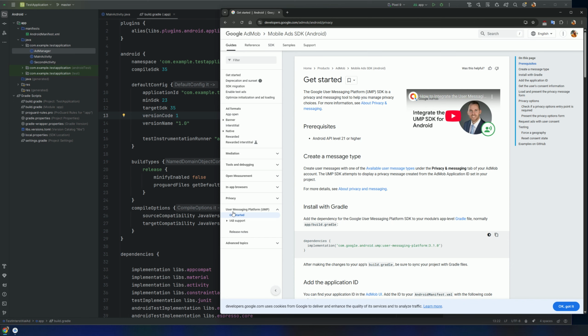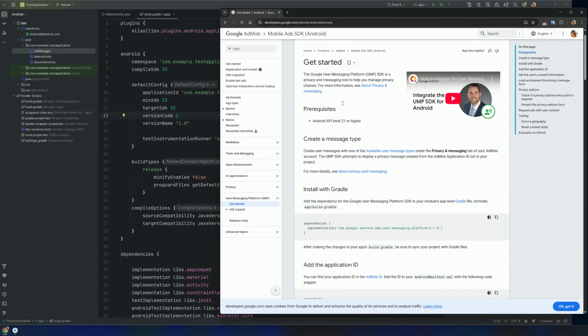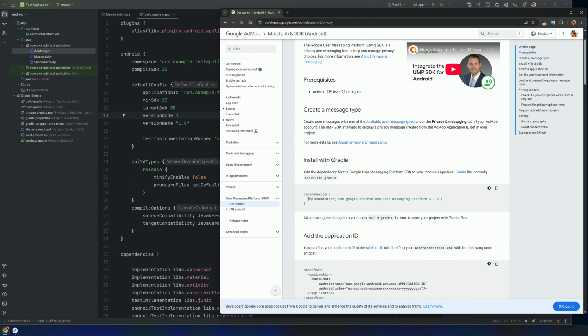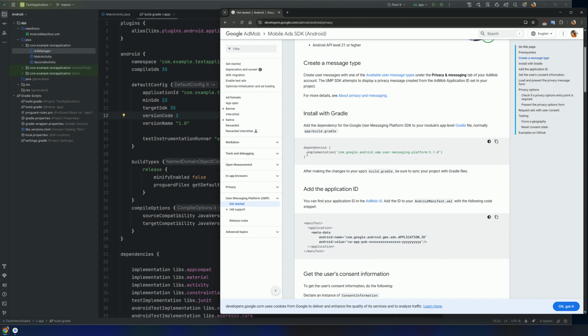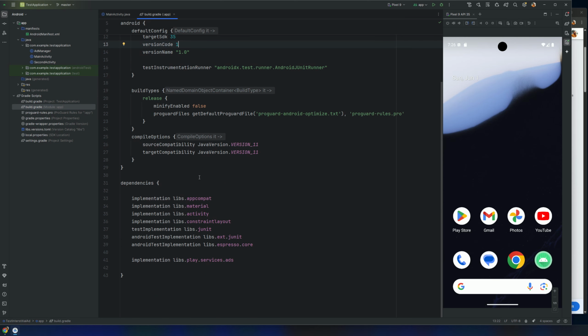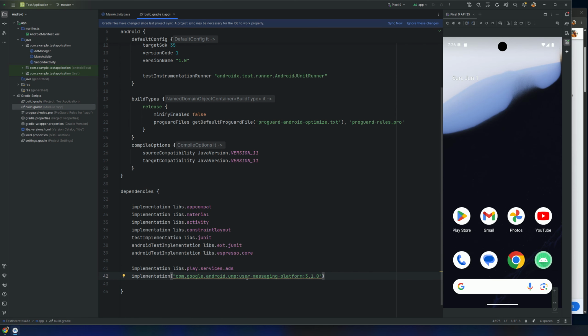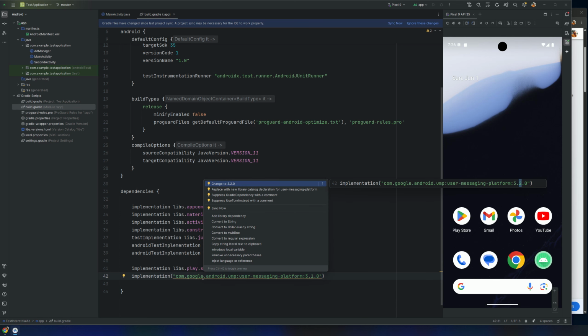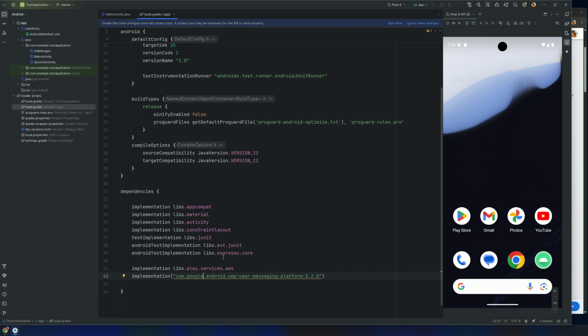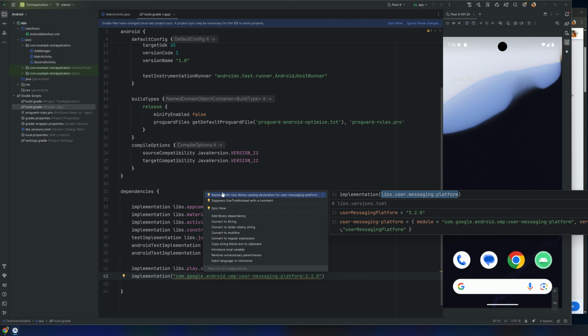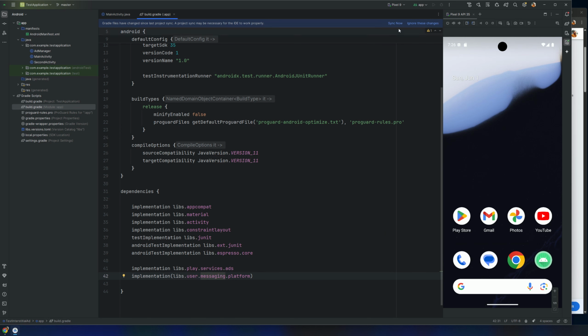Okay, to implement the user messaging platform, I'm following the AdMob instructions. For the first step, I have to add the dependency. So I copy it, go to the build Gradle file, to the dependencies, and paste it here. I click on it, use Alt and Enter, and upgrade it to the latest version. Again, I'm using Alt and Enter to convert it and replace it with a new library catalog declaration and sync